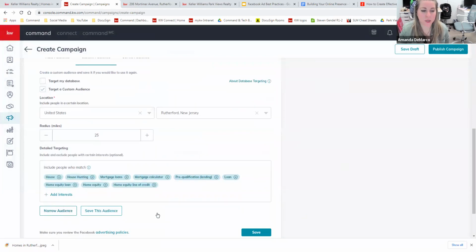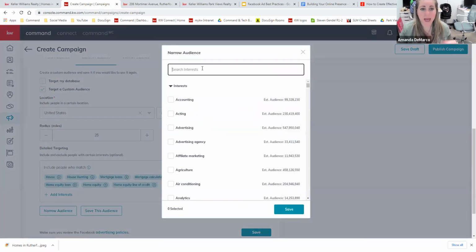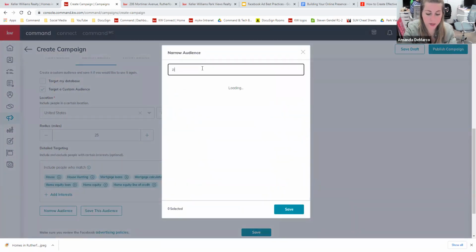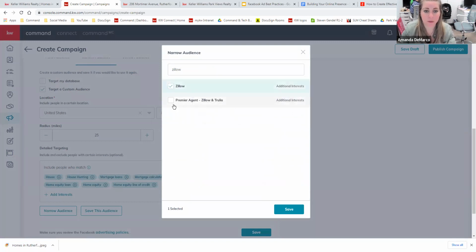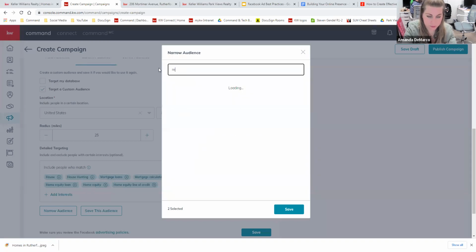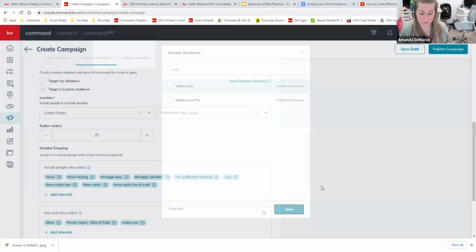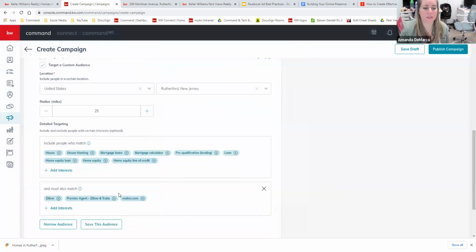This allows me to include additional interests, and in this section, I'm going to put in Zillow and Premier Agent, Zillow Trulia, and Realtor.com. By putting in this additional line of targeting, we are saying that we are targeting people who are interested in house hunting and Zillow, or house hunting